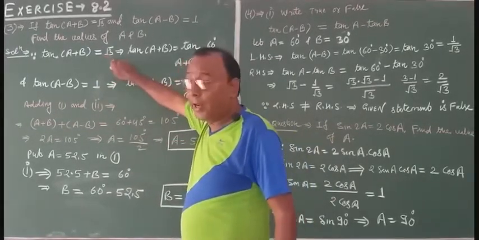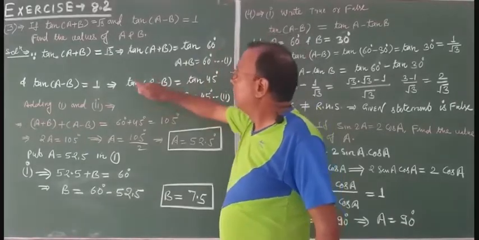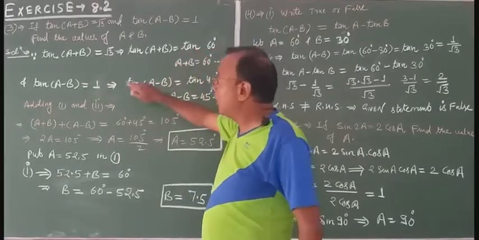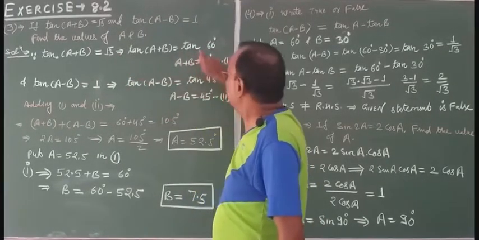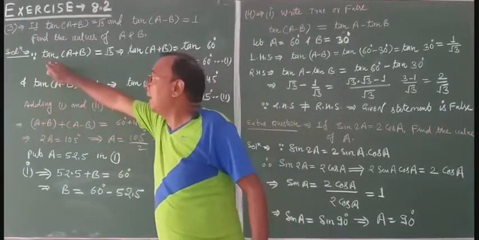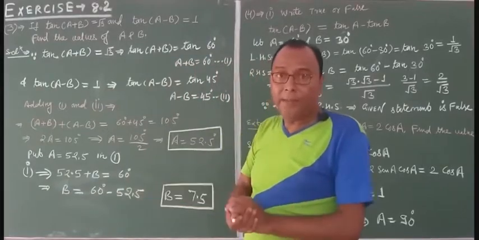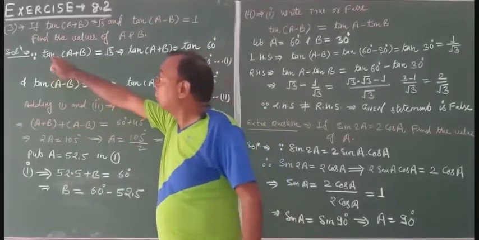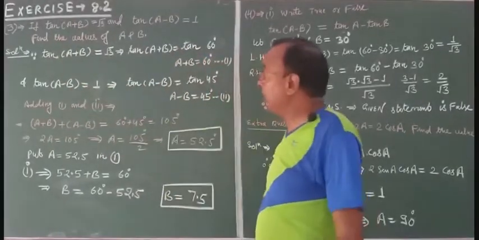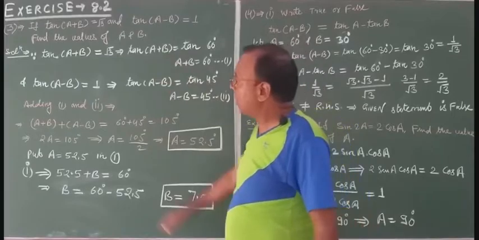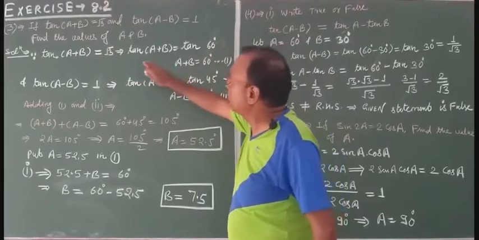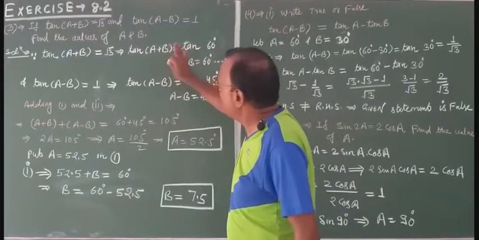Tan is under root 3 at 60 degree. So what can we write? Tan(A plus B) is equal to tan 60. Why are we writing under root 3 as tan 60? Because tan is given on the left hand side. If sec were given on the left hand side, we would convert this angle according to sec. So tan(A plus B), and this under root 3 can be written in the form of tan as tan 60. Now this tan and this tan will be reduced out.